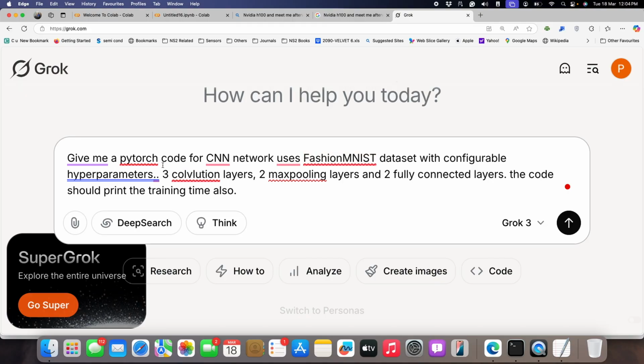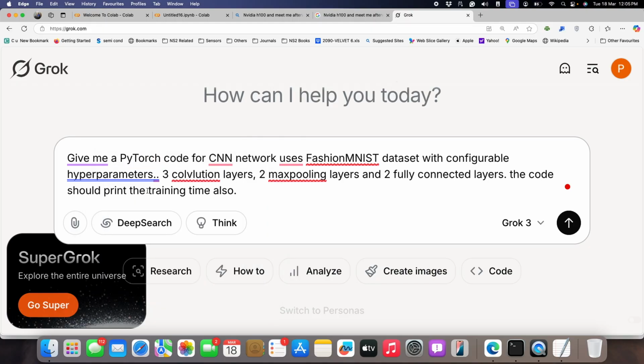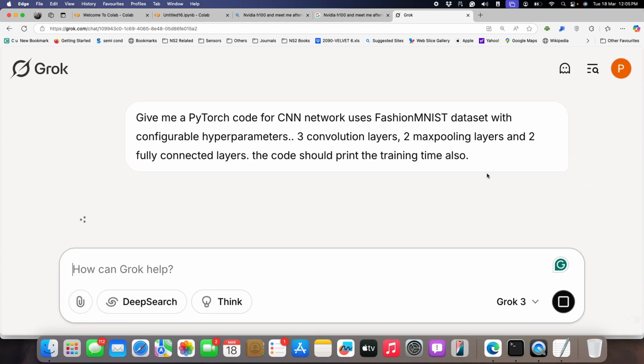So as you know, PyTorch is one kind of framework, because I am very fond of using PyTorch, but we have other options: Keras is there, Scikit is there, and TensorFlow is there. But some days PyTorch was comfortable for me, but it's up to you what framework you want to use. Now let me get it from